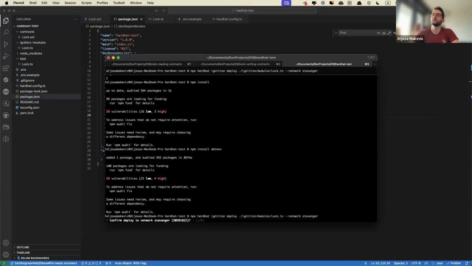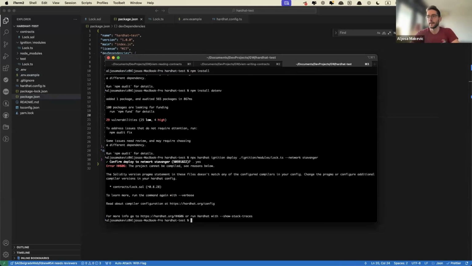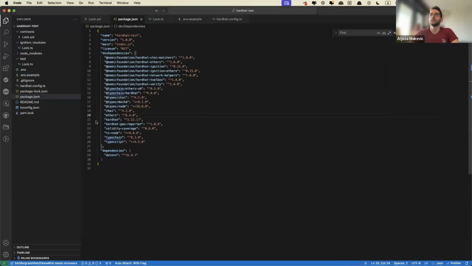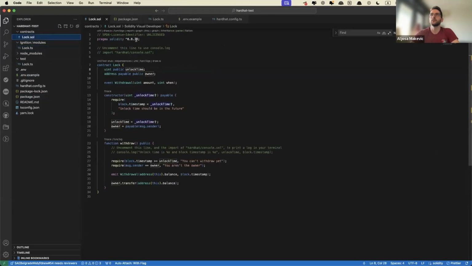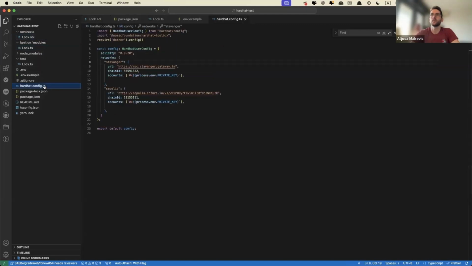All right. Confirm deploy to network Stavanger, Y or N, like yes or no. I'm gonna say Y. And okay, it says the config version doesn't match 0.8.28, and this is 0.8.20.